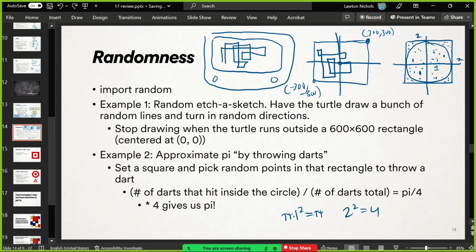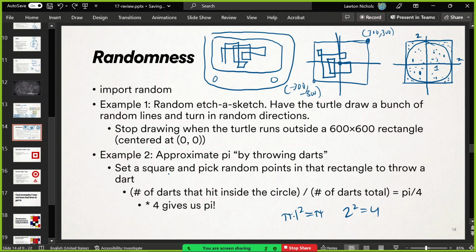So that means, on average, if you throw infinite darts, the number of darts that randomly hit inside the circle divided by the total number of darts approaches the ratio of those areas, pi over 4. So that's cool. If we threw random darts, just counted how many landed inside the circle and how many we threw total, that will give us pi over 4 if we threw infinite darts. We'll just throw a million or something. Once you have pi over 4, you can just multiply by 4 and you have pi. So that's the secret. That is the trick.